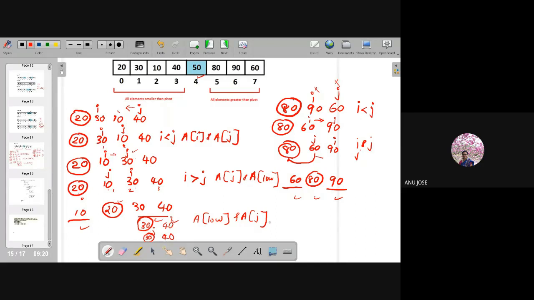So only one logic is sufficient for all of this. Once you find out where you kept the value 50, these two are again two unsorted arrays. You have to apply the logic of partitioning recursively here, and similarly for the right hand side. For the right hand side array as well as the left hand side array, we recursively take the pivot element and do it recursively.